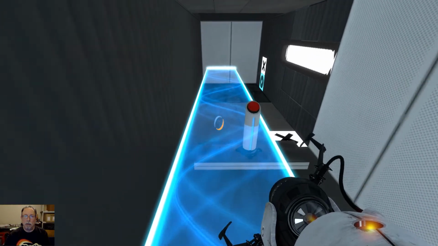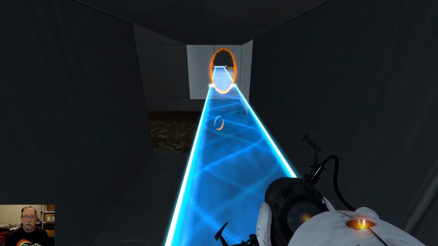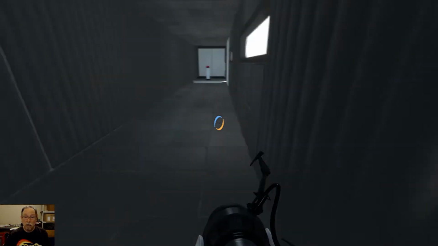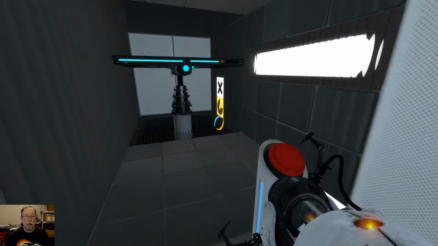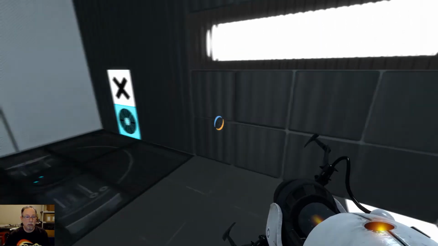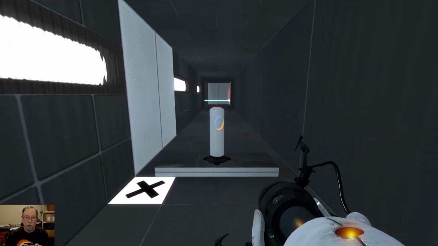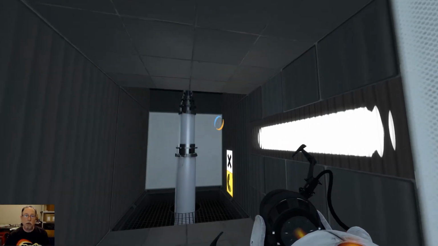Now what do we do? Okay, well, the first thing let's do, move that out of the way. We may need it, so we'll just let it sit there. Aha! And that will take us up, and I assume take us up where we can get the other cube. And there's clearly no way to press that button while standing on the plate, but as soon as we press the button...